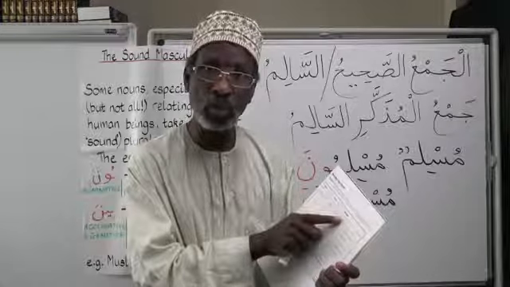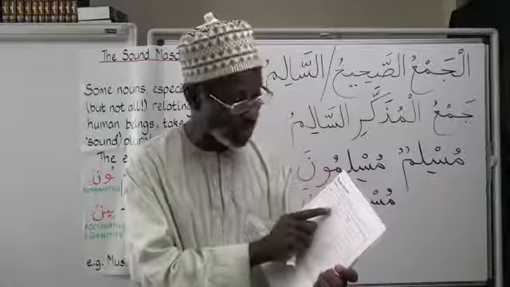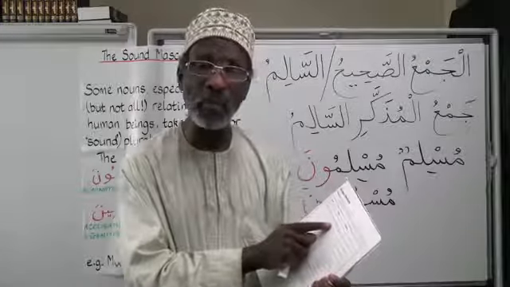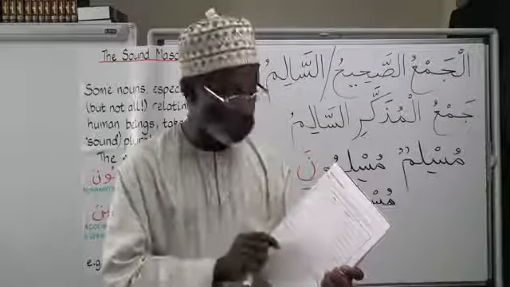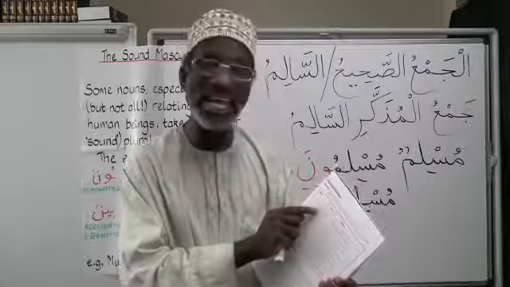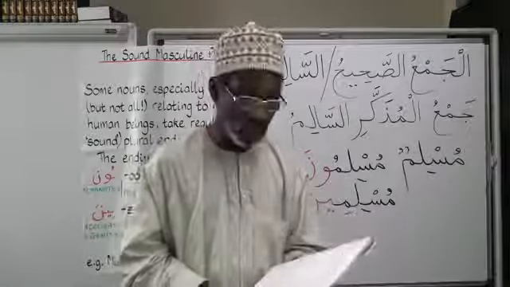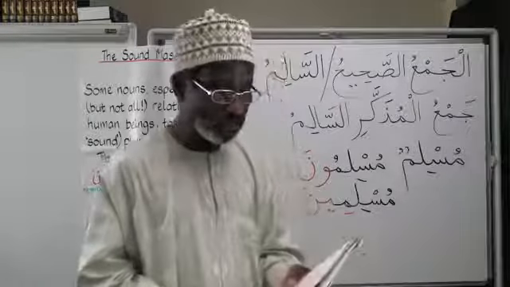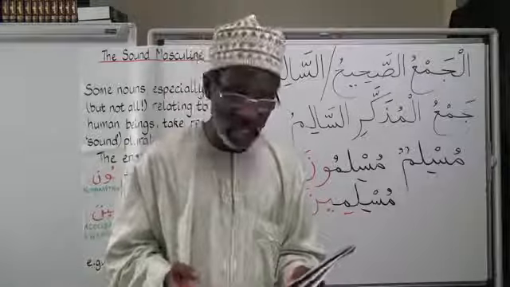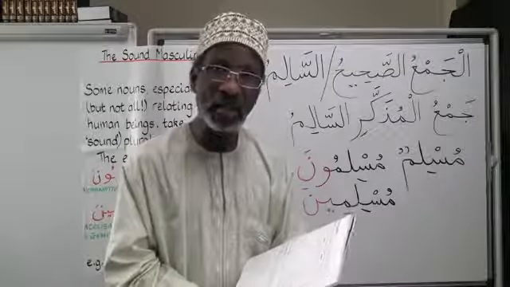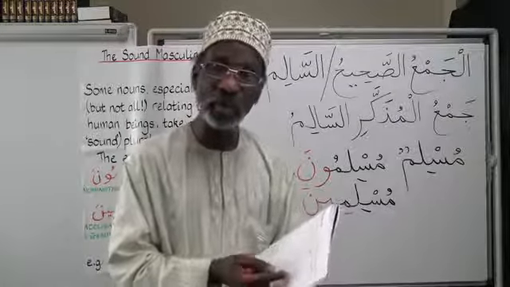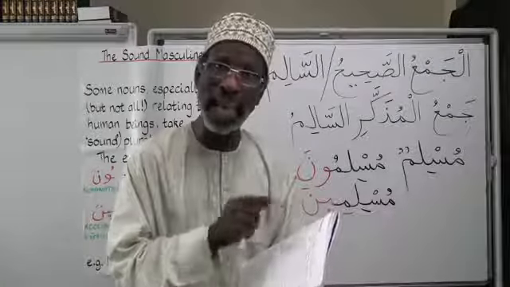That's now sound masculine plural, and adjectives also behave the same way. Mu'minuna salihuna, or mu'minina salihina. So what is required in exercise 31 is to remember your vocabulary and convert the singular to plural, sound masculine,